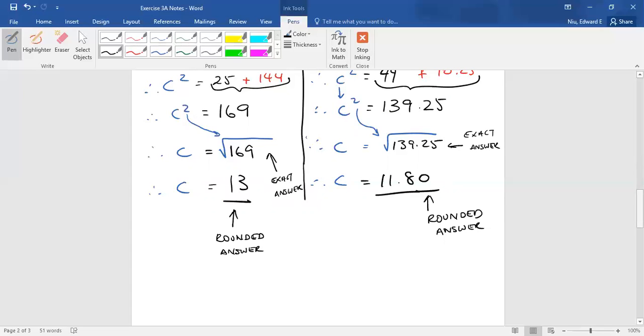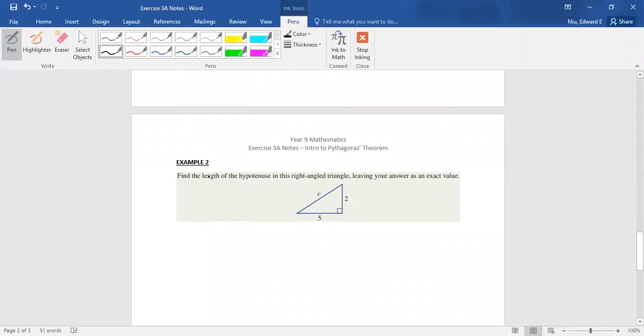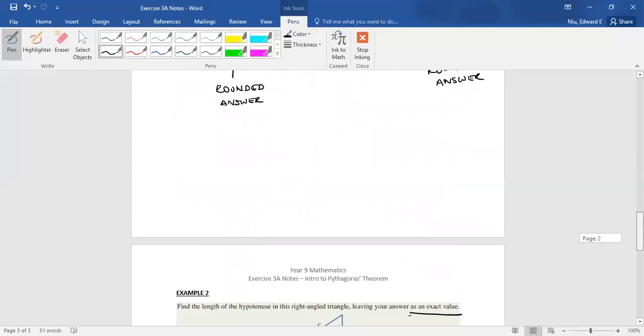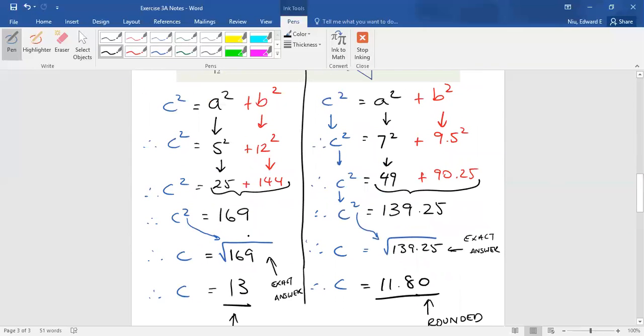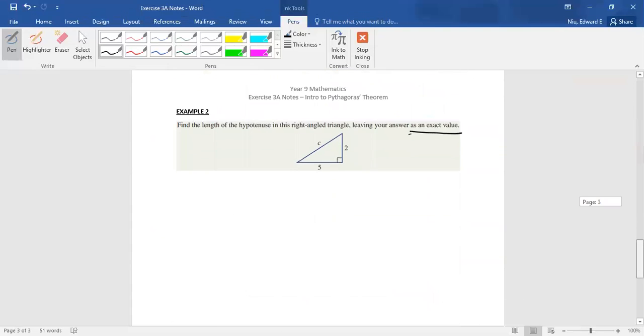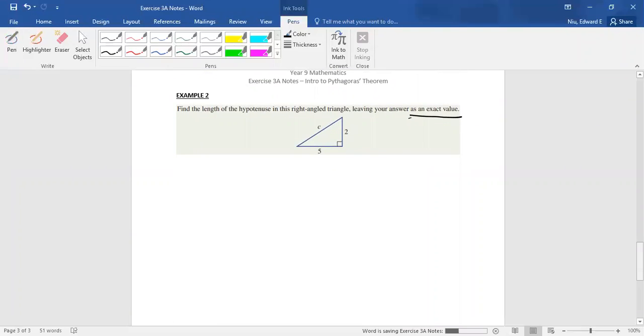Why? Because in the next section it says, find the length of the hypotenuse in this right angled triangle, leaving your answers as an exact value. It's literally the same process, but instead of going past the square root sign, we just leave it like so. We don't need to go into the decimals. That's all it is. It's just a minor technicality. So let's write out our formula and figure out what the hypotenuse is. So the hypotenuse here we're trying to figure out is the c. So we have c squared equals